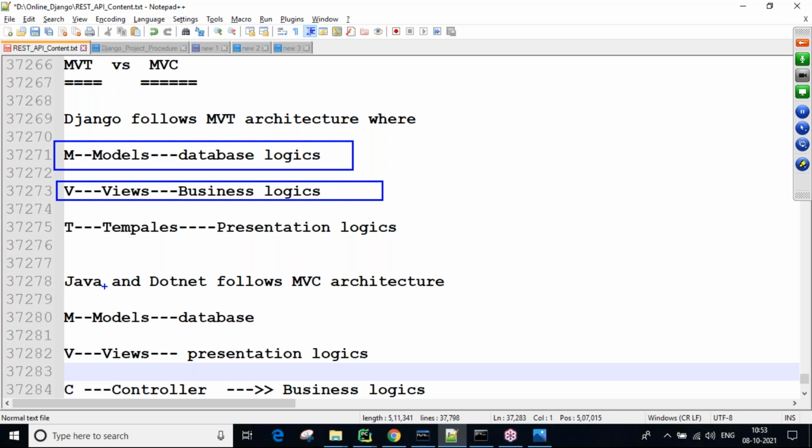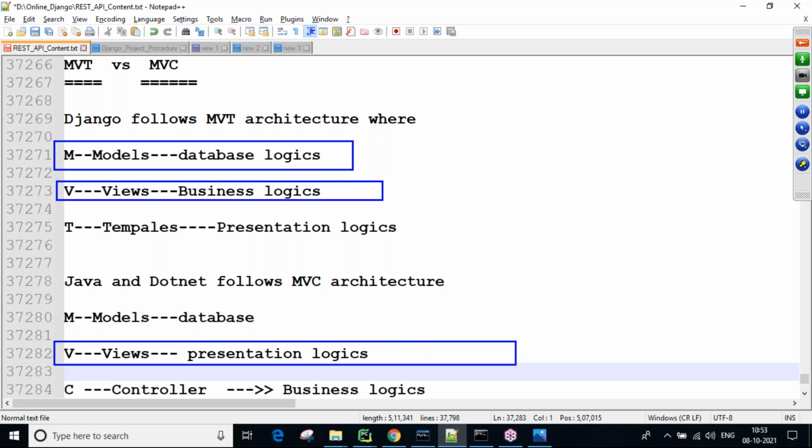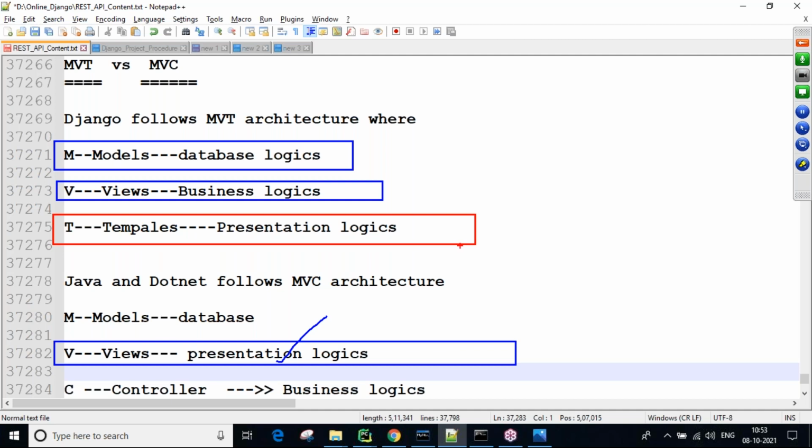But in Java and .NET, V stands for views only, which is used for presentation logics purpose. In Django, views are used for business logics, but in Java or .NET, views are used for presentation logics, UI technologies. And in Django, templates are used for presentation logics, but in Java controllers are used for business logics.